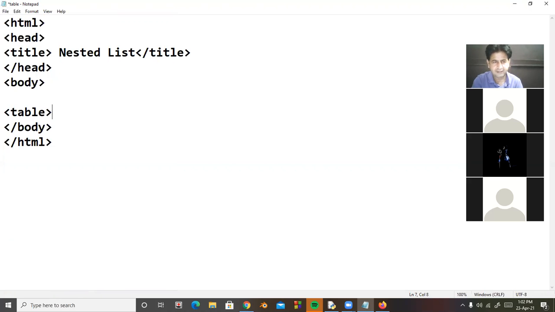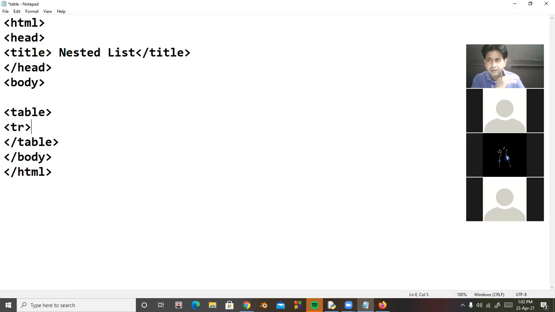Table tag start and table tag close. Inside this, we will use different tags. The first tag is TR. It stands for table row. So it indicates that now the row starts.